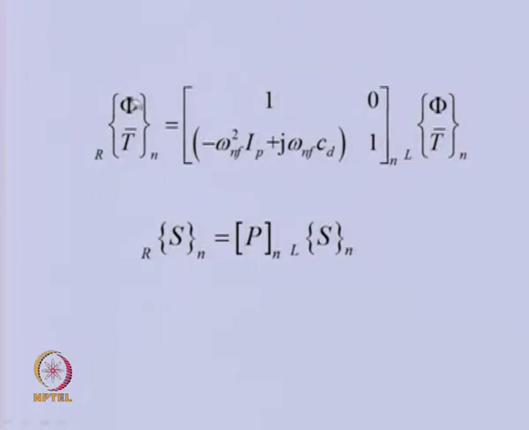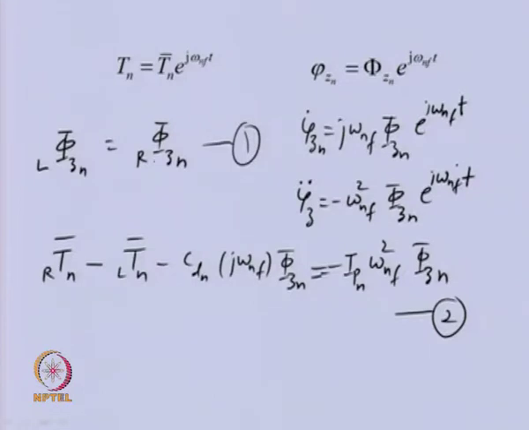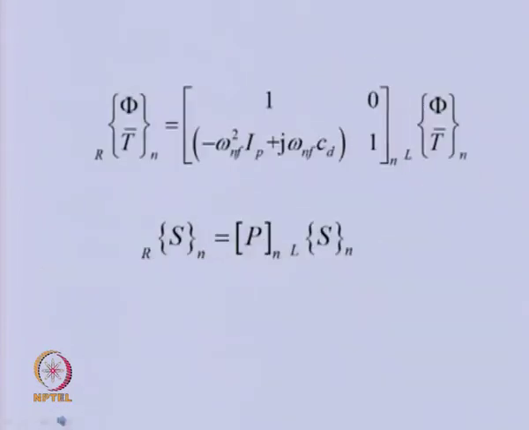So, you can see the first equation is the multiplication of this one with this. So, this is the first equation, and the second equation is, if we expand this particular matrix, we will get that particular second equation. And in more compact form, we are writing this as state vector right of nth disk is equal to point matrix and state vector left of nth disk.